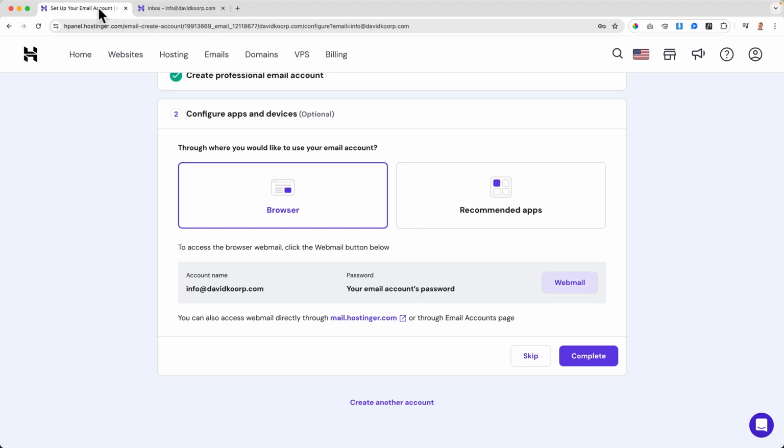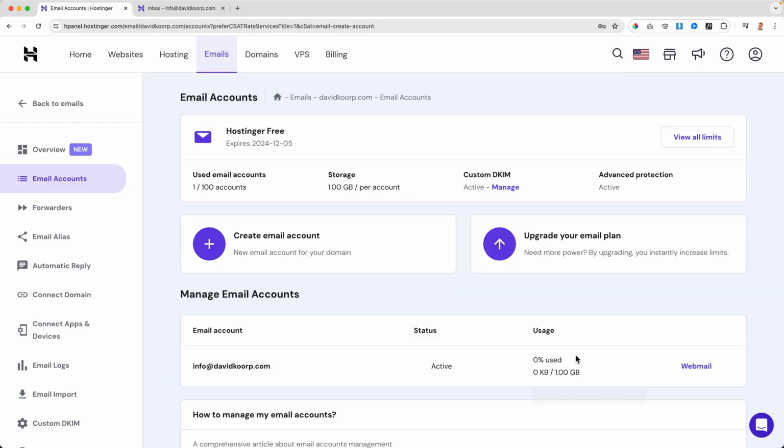Awesome. Now again, I want to configure our email account on a client, in this case, Microsoft Outlook or Macmail, so we can copy all our current emails from our current web hosting provider towards our new address. And in that way, we can copy and paste all received and sent emails from the old web hosting provider towards the new one. What I want to do now, I click over here and I click on complete.